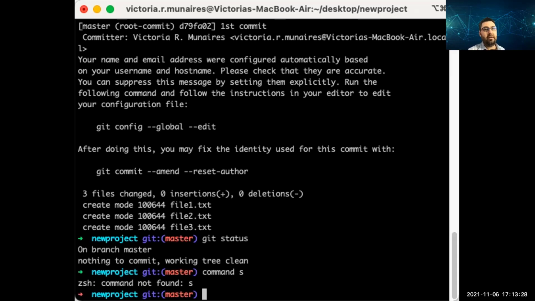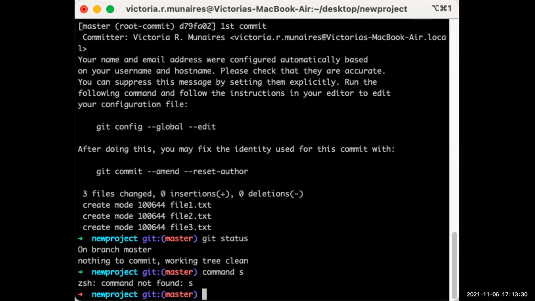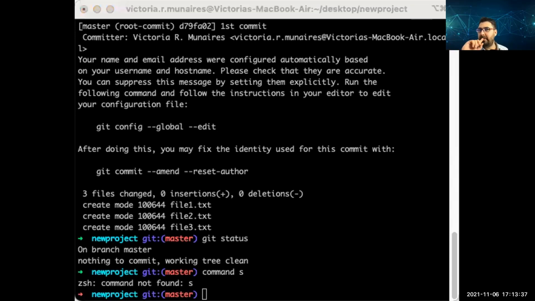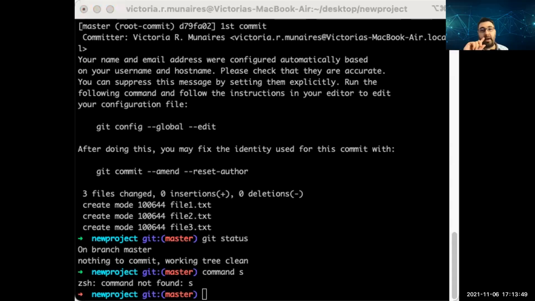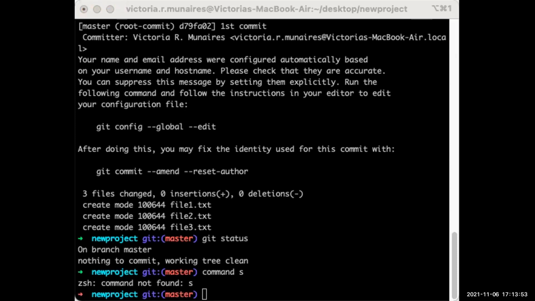Yeah, I wasn't sure how to open the files either. Just double click on your desktop. The new project folder should be on your desktop, isn't it? Yeah, I don't see it. Again, I only see the iTerm, not your desktop. Okay, here it is.